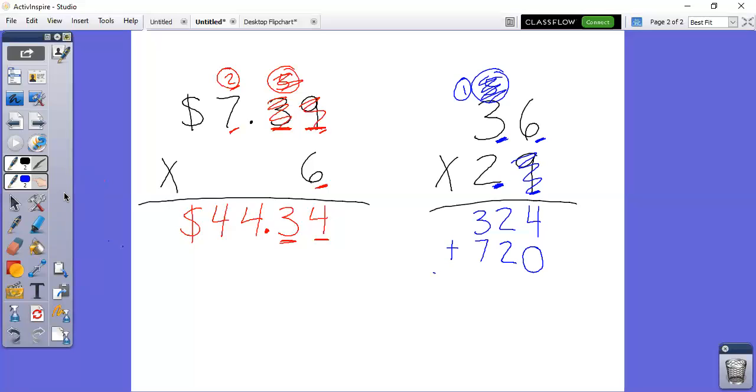So I'm going to now add those together. 4 plus 0 is 4. 2 plus 2 is also 4. 3 plus 7 is 10. So my answer is 1,044. All right. Very last problem that we're going to do, division, and then I will set you free